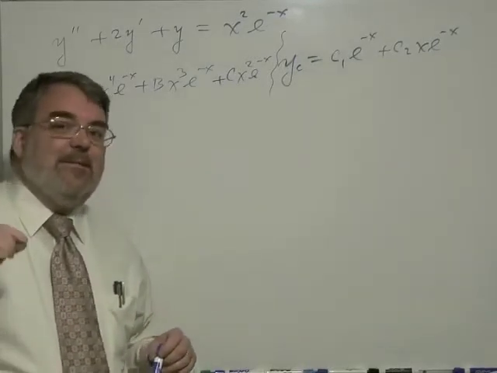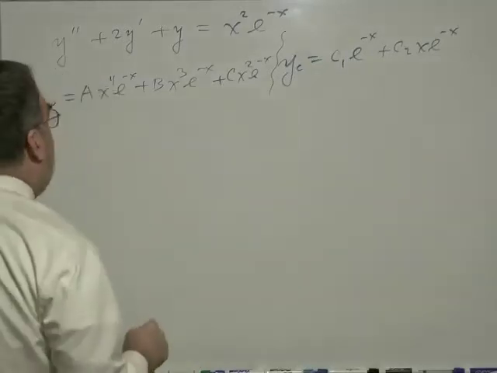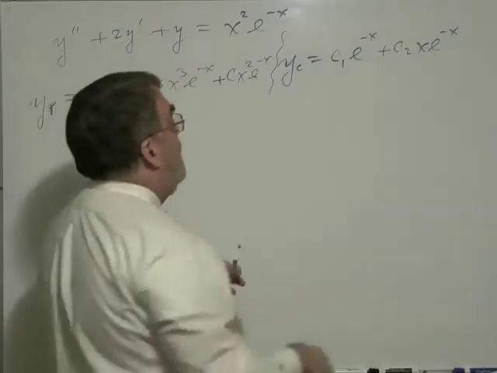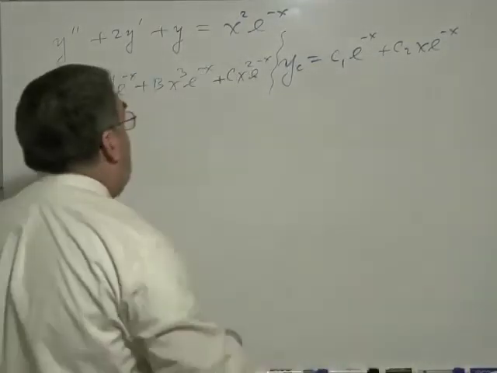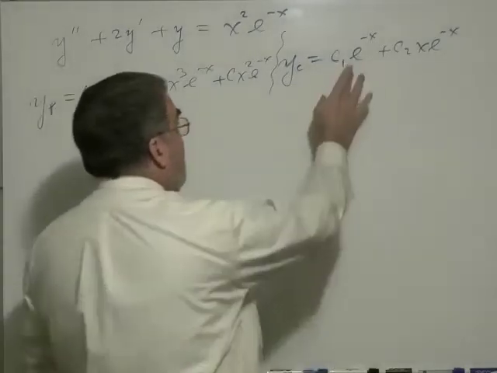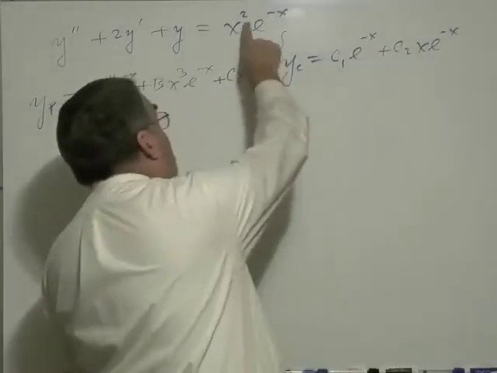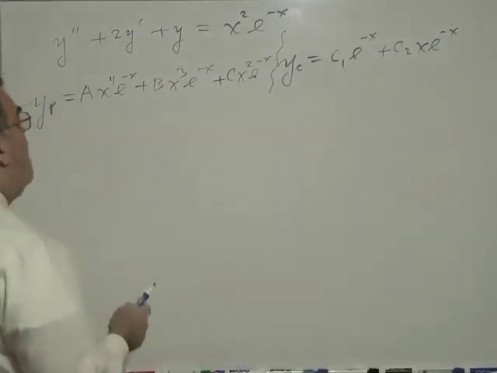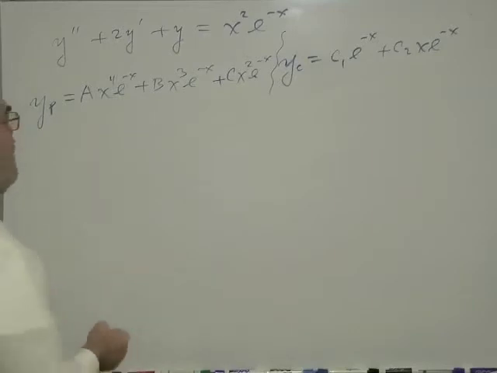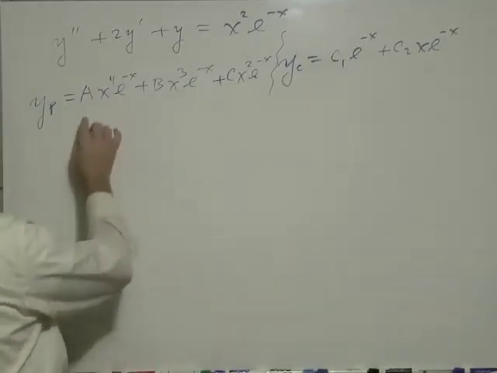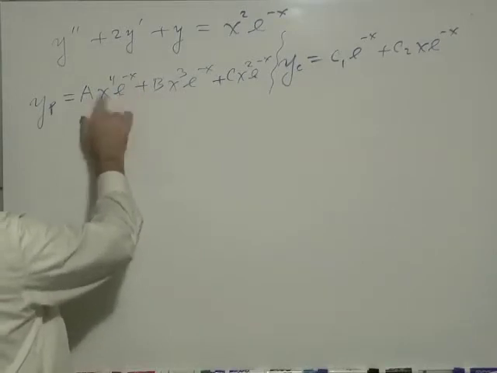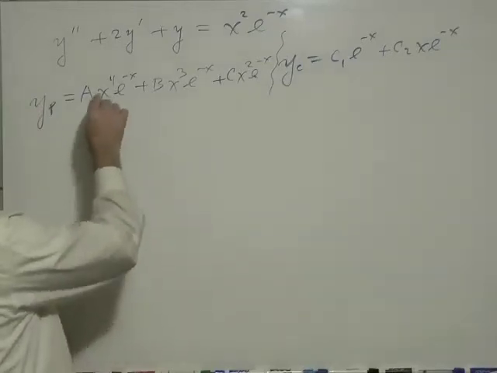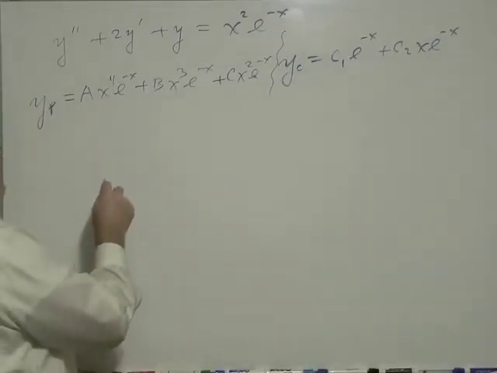Bottom of page 227, author calls it case 3. And we had 2 roots from this characteristic equation. That's what led to these 2 terms. That's 2. We have x squared times e to the minus x. e to the minus x appears here, with an exponent of 2. So add those 2s together, we get 4. I need to look at the derivatives. I need to look at a particular solution that includes ax to the 4th e to the minus x and all its derivatives. Well, if you start taking the derivatives of ax to the 4th e to the minus x,